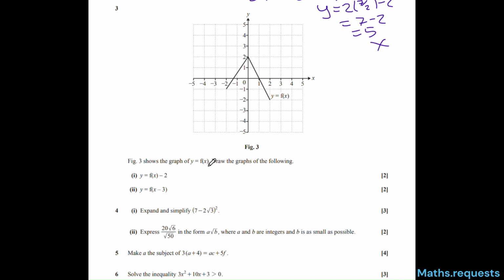Figure 3 shows the graph of y equals f of x. Draw the graphs of the following. Y equals f of x minus 2. So this is a transformations question. Because the minus 2 is on the outside, it affects the y values, and because it's minus, it means the y value goes down by 2. So this point would translate to here, and then it would pass through the origin, and this point would translate to here. So you would get something like